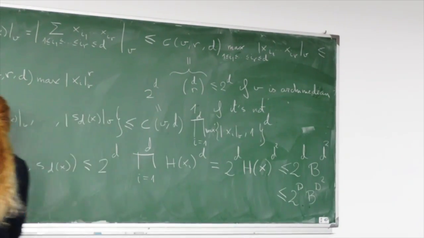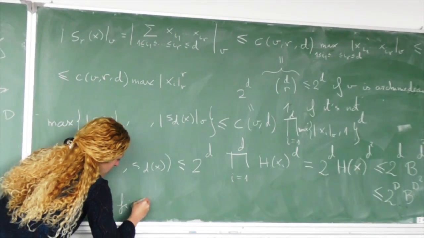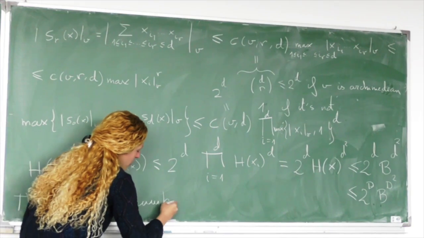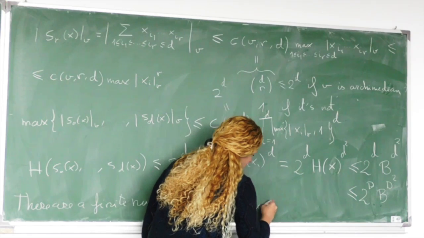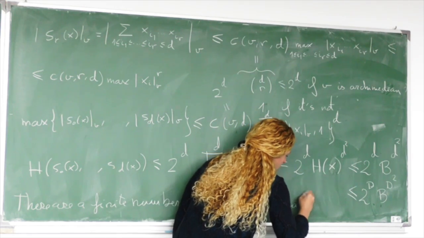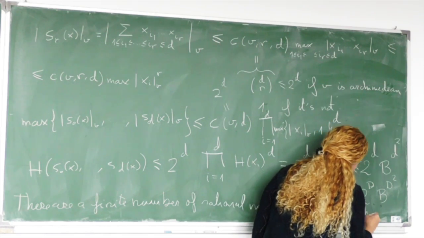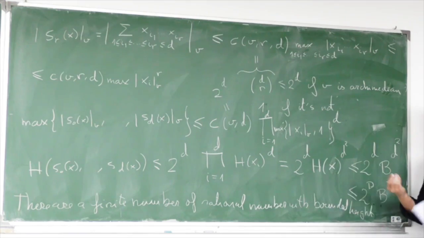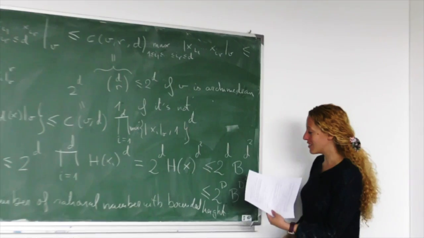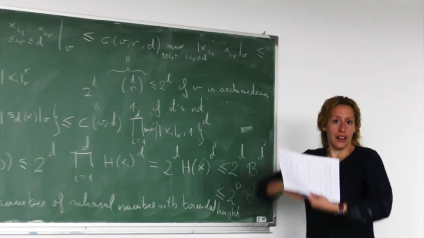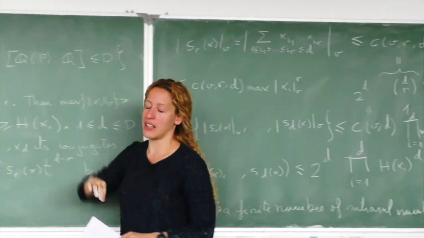So now we use that there are a finite number of rational numbers with bounded height, plus this bound, to conclude that we get a finite number of minimal polynomials with points with bounded height and degree, and then we get in total a finite number of those points in the set that we had in the theorem in here.